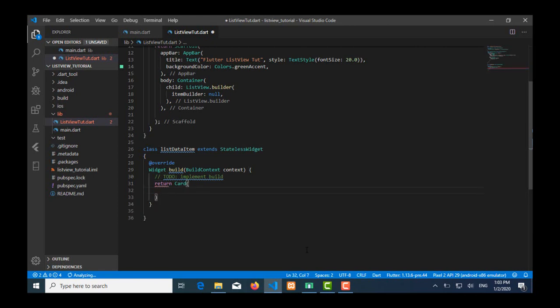So I'm going to use Card for the list item, and let me use the elevation 7.0 for the card,